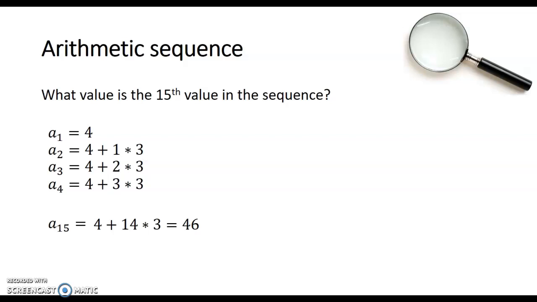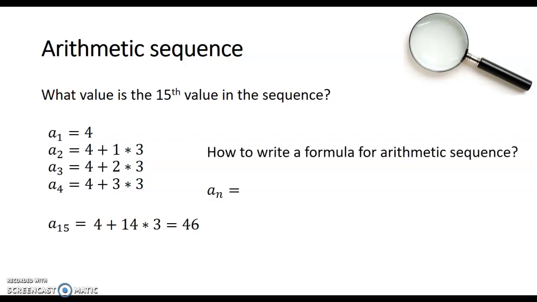Let's write this into a formula. So first of all, whatever value we want to go to, the n can be replaced with any number. So we always need to know the first one, and then we add, not n times, but n minus 1 times. So here we went to the 15th, so we added 14 times the common difference. Here we went to the fourth one, so we added 3 times the common difference. And the letter d is what we use as a symbol for the common